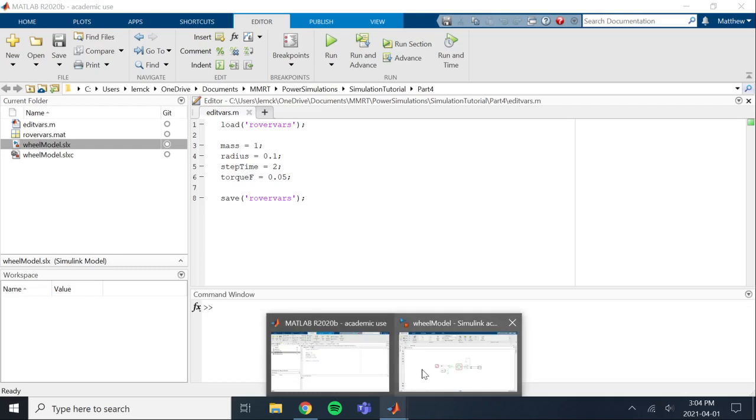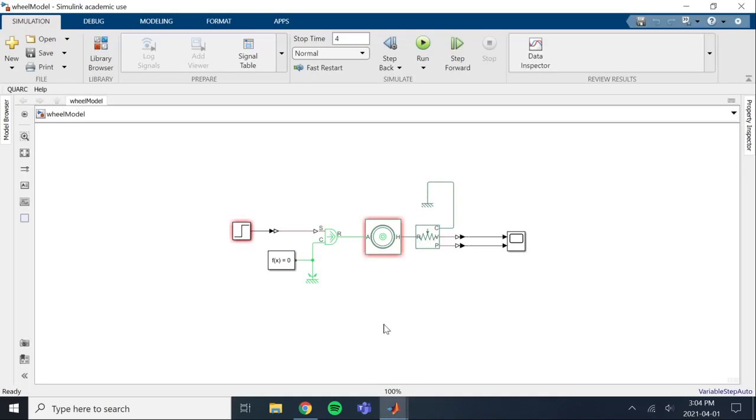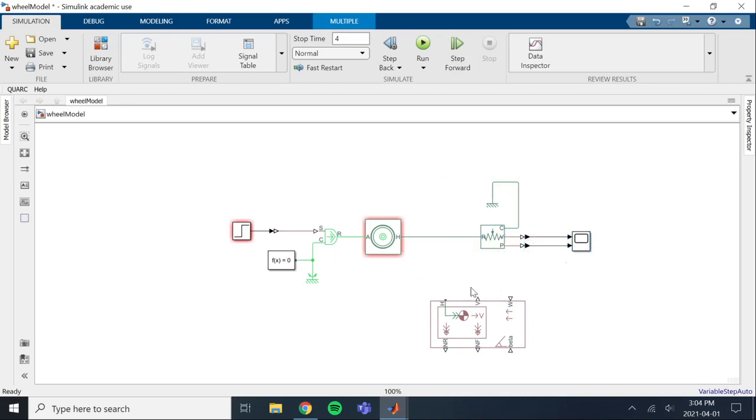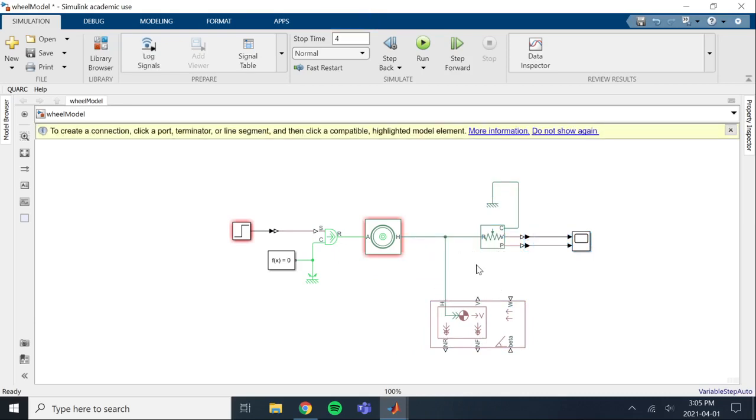All right, so I'm going to hop over to our wheel model here. So this is the model that we had last time. What we're going to do now is add something called a vehicle body block. Now, the purpose of this block was originally for doing car bodies and making simulations for cars. But we can tweak this a little bit to make it work the way we want for simulating a rover. So what we're going to do here is connect up this H port to our translational